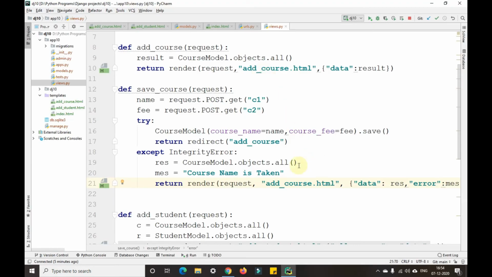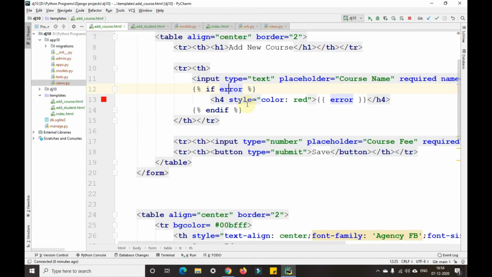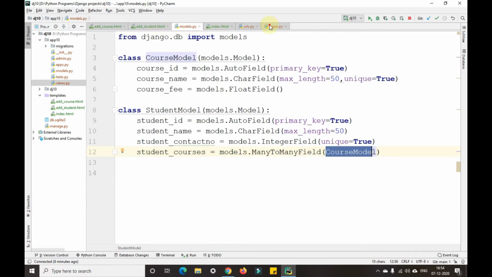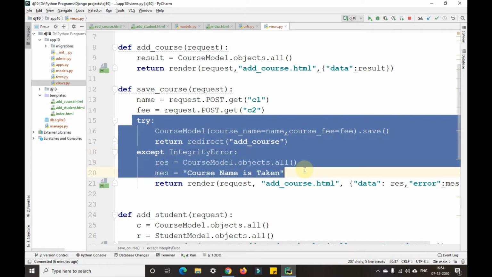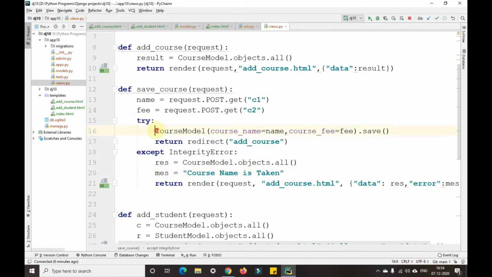So with the help of this error field, if there is an error, we are using the try and except statement here. So it is trying course model: course name equals name, course fee equals fee, and saving it. Return redirect to add course.